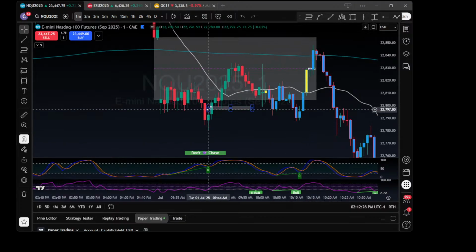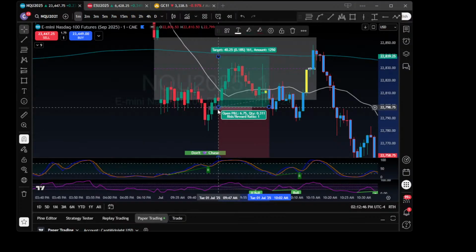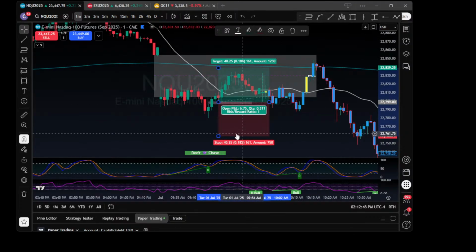So what you'd want to do is, once this fair value gap is presented, you want to try to get in on the first tap. Even the second tap is fine. Thinking that it's going to go to at least 50%. This one actually worked perfect, right? So this was a winner. This would have been a nice winner right off the bat. There's a few different ways you can take it.